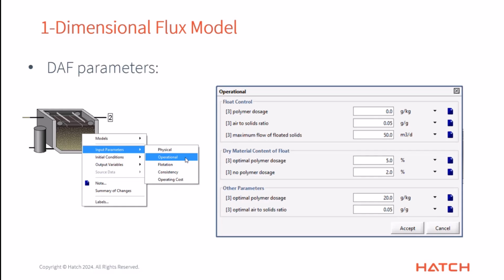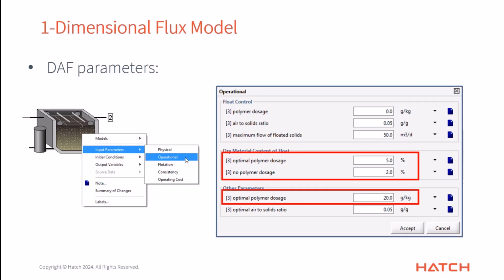Now, this is the one where we have operational settings, and these are where you will touch up the calibration of your model. If you're running your DAF model and you find out that the scum is too high or too low a concentration, or the removal rate is too good, then you can adjust some of these parameters to calibrate your model and get it to behave the way that your DAF unit actually does. So let's start with